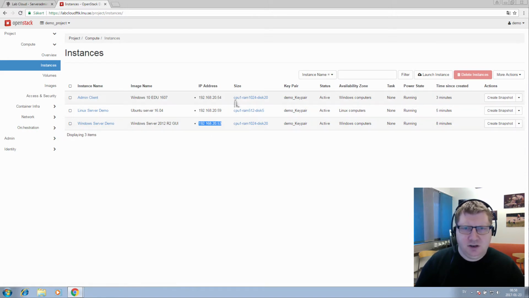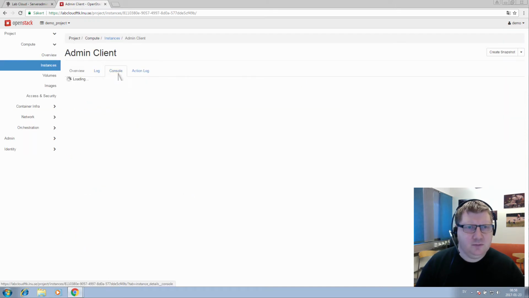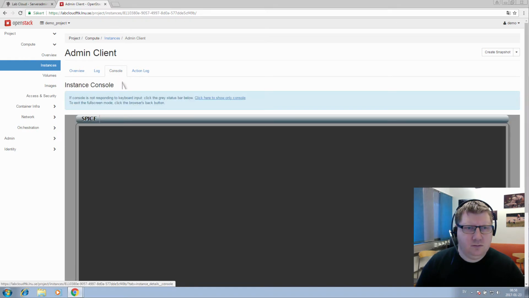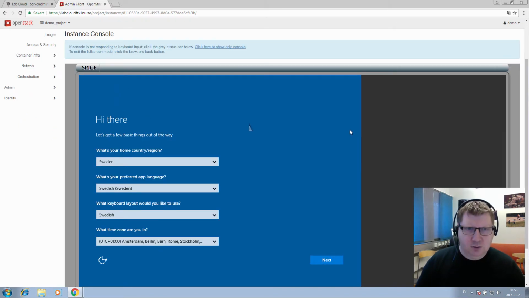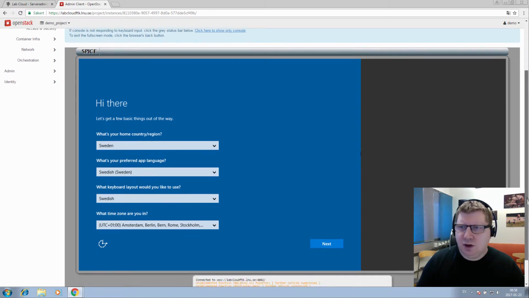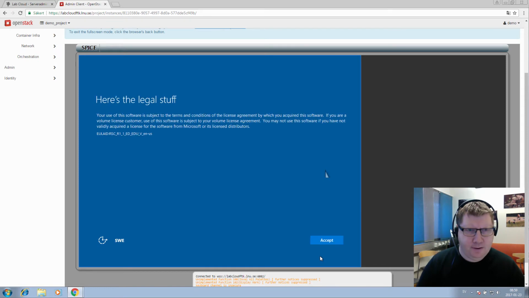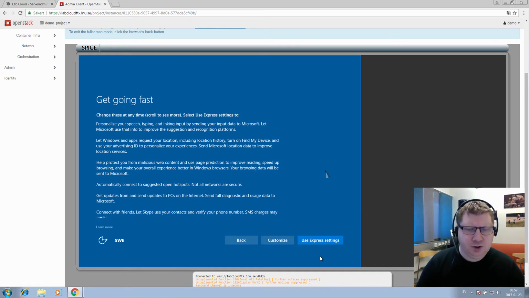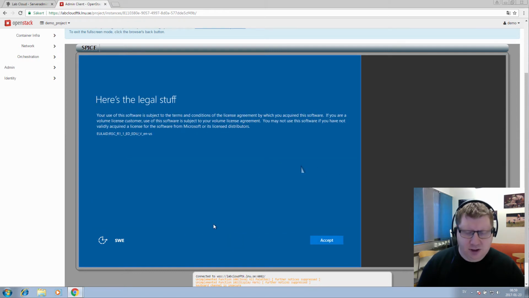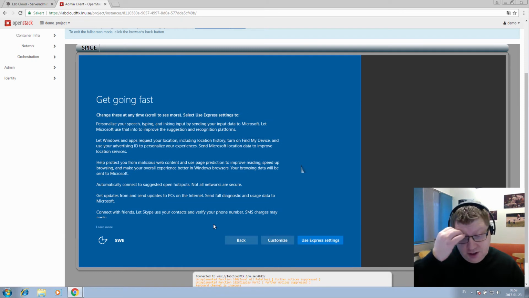So the admin machine looks like it's all running, and we can see if we can access that console, so we can set up a password for it. We need to run through this startup wizard. You should choose the Swedish keyboard layout if you have a Swedish keyboard, even if you're not speaking Swedish,